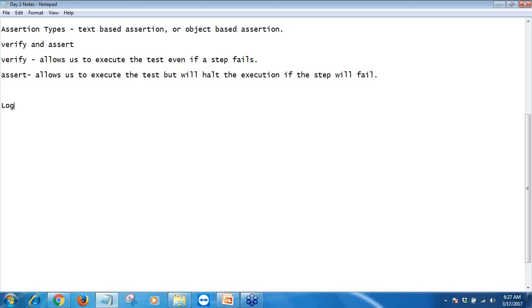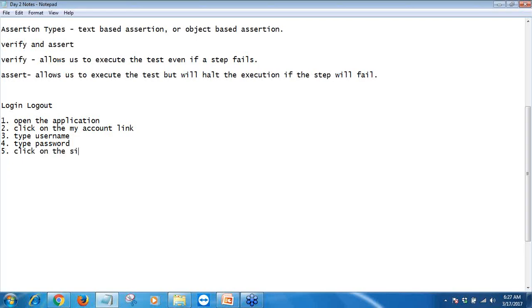So let's write down the login logout test scenario, and this time we will be using some validations. We will be putting down our own assertions. So open the application, click on the My Account link, type username, type password, click on the sign in button,